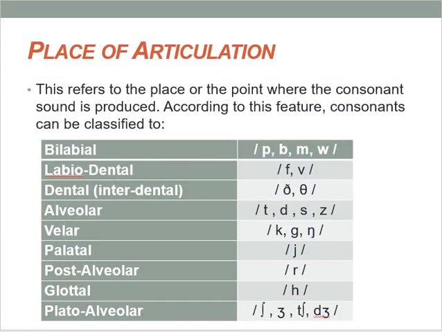The next feature, the second feature, the place of articulation. This is very important. The place of articulation has to do with the point or place where the consonant sound is produced. According to this feature, consonants can be classified into bilabial, labiodental, dental, also called interdental, alveolar, velar, palatal, post-alveolar, glottal,